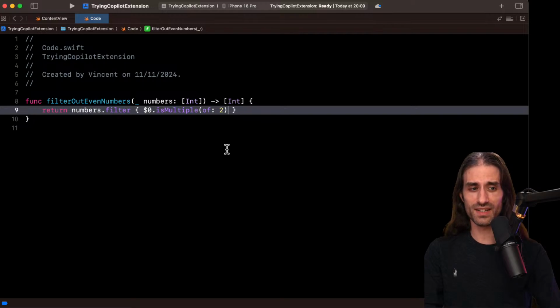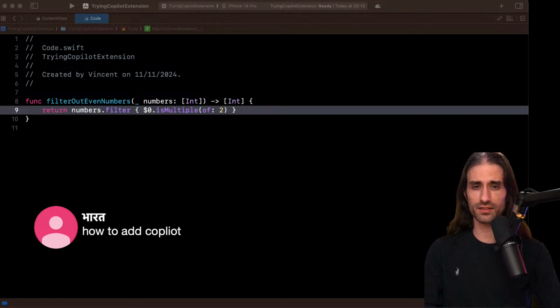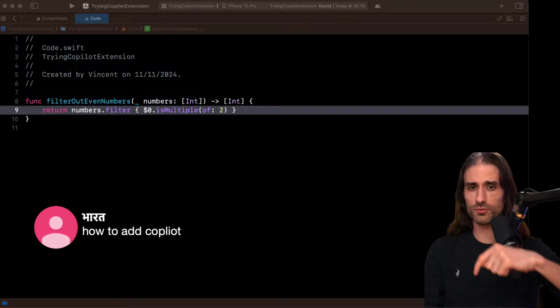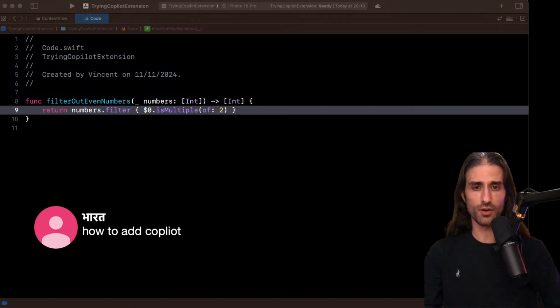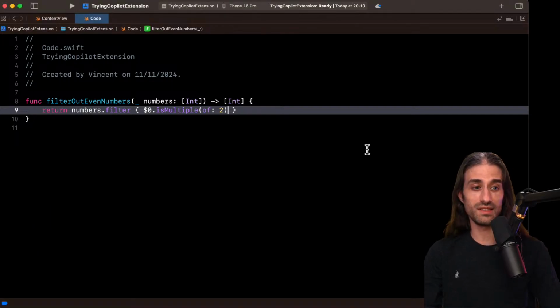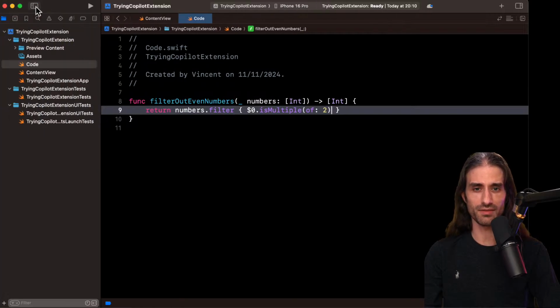You know what? I'm going to leave it like that, because I'm going to ask it to write a test for it just after. I see a question, how to add Copilot. I've put in the description, just below, the link to the GitHub of the extension, and from there you have all of the instructions on that page. So I will let you have a look at that. I think it will be more interesting than if I had tried to just install it live. I don't think there is that much value in me doing it live.